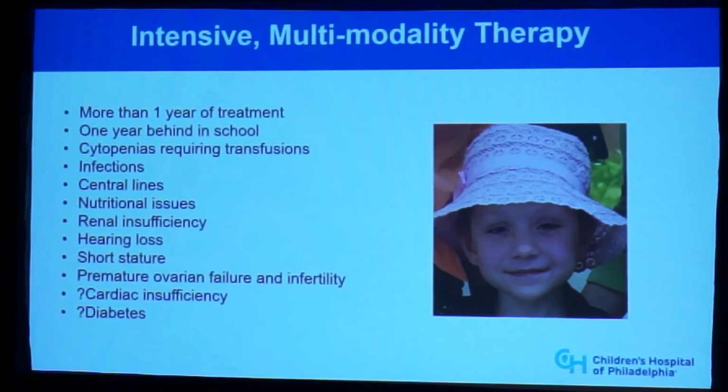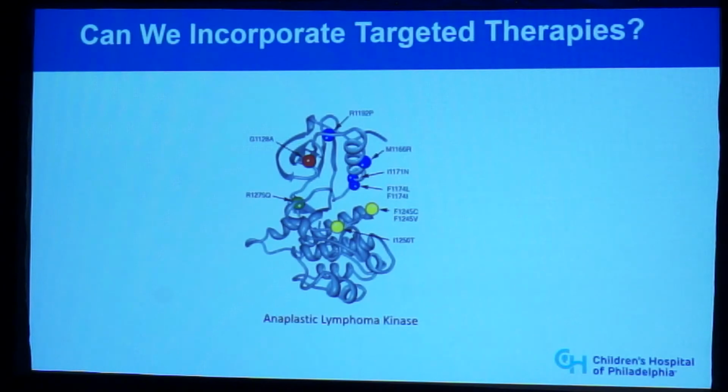So what I've just described for you in sort of a whirlwind tour is this very intensive multimodality therapy that is complex to think about and complex to deliver. Lisa Diller will be talking about late effects of neuroblastoma therapy, but I think you can see the little patient you saw on the first slide came through all of that quite well, but she faces a host of issues that certainly should give us pause. So one of the questions we want to ask is, can we be a little more nuanced about this? Can we use our knowledge of biology to deliver effective therapy that won't be quite so toxic?